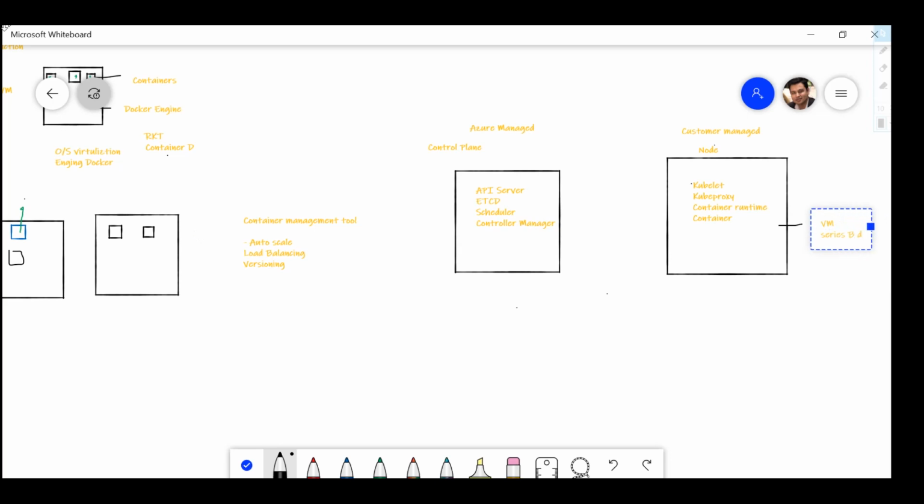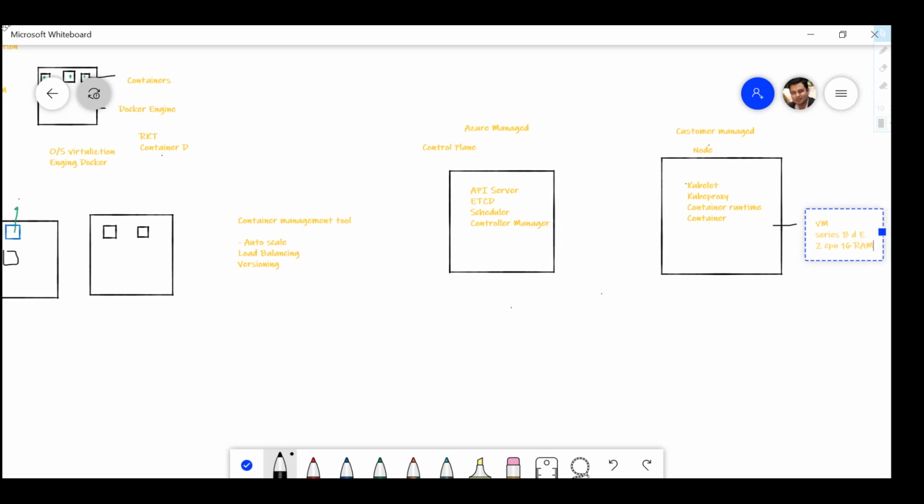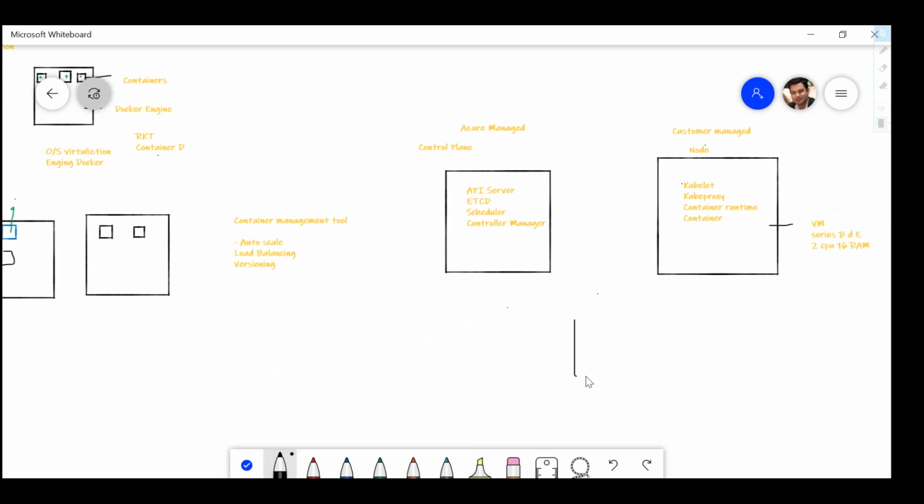Like a B series or D series, whatever series are there. It has a specific number of, say, CPUs or RAM. This is what you're paying from the customer perspective. So depending on what kind of node and how many nodes you're taking to deploy that cluster, you'll be paying for that. And just to point out, a cluster is nothing but, so say if I name this as cluster,